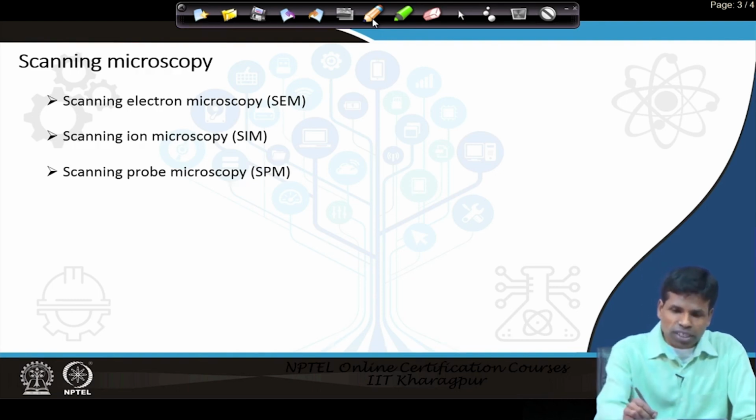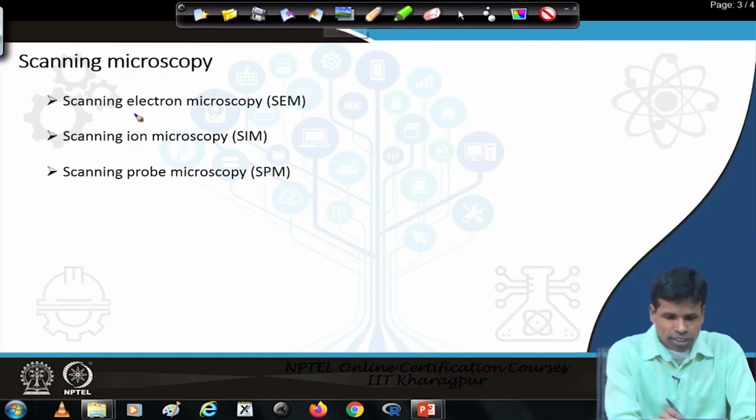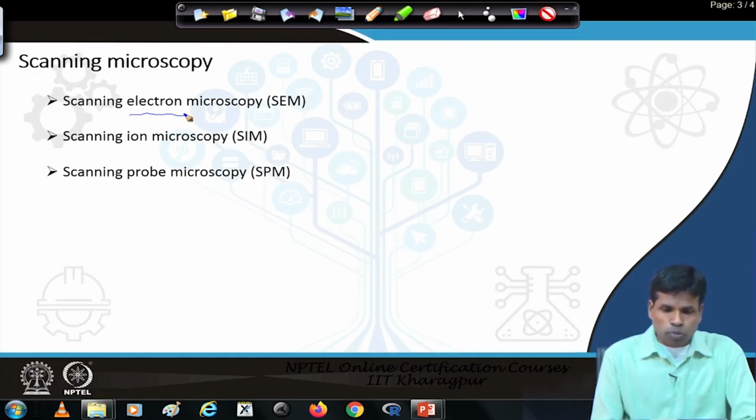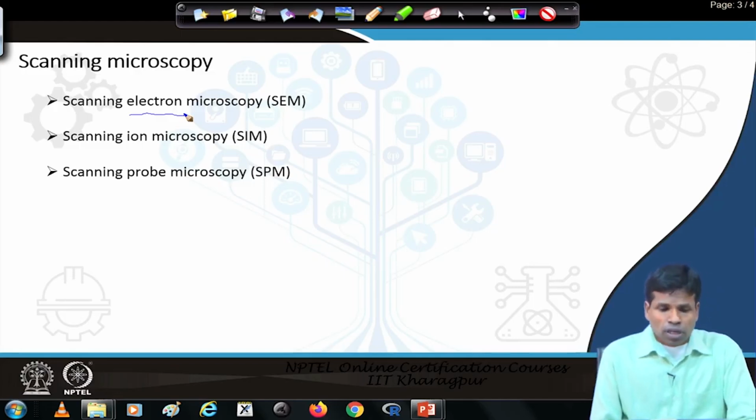And in these two microscopes, first let us say the scanning electron microscope, we use an electron beam as a probe. So, the electron beam scans on the surface of the specimen, and the signal generated is used to create a three-dimensional image. And one of the demerits of scanning electron microscopy is diffraction,